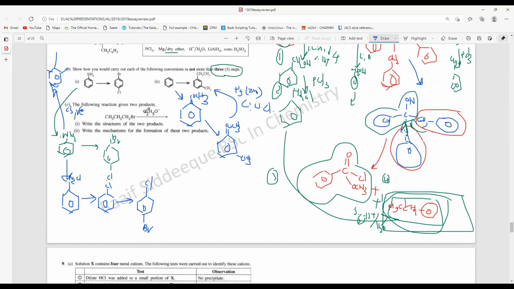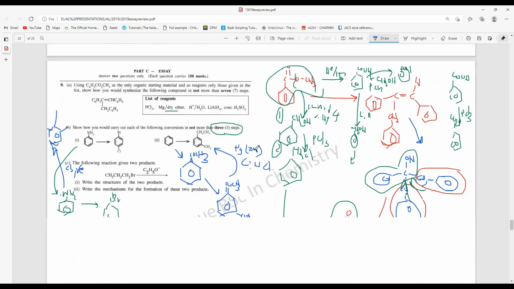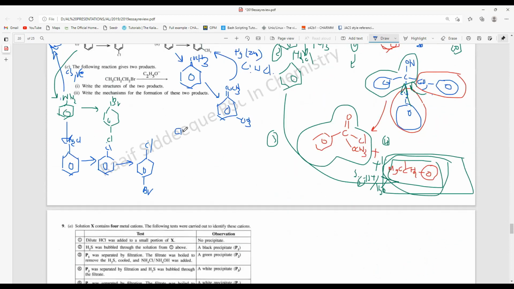Okay, the following reaction gives 2 products, right? The structures of the products and the mechanism. I think I have discussed this many times, even in the previous structured essay questions we saw something like that. So here we have CH3 and CH2. I will write down this hydrogen separately in order to explain that. So what are these 2 products? Remember, C2H5O- is a nucleophile, and at the same time it is a base. So when it attacks here, remember,